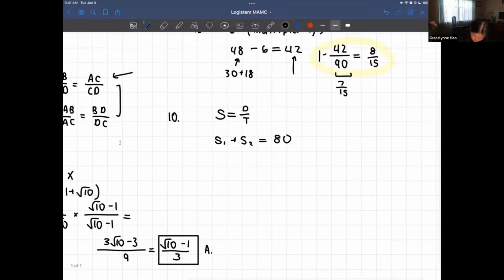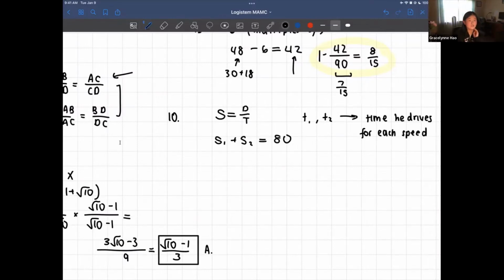I'm also going to use T1 and T2 as the respective times. And because we know that he drives 100 miles at each speed, then that would just be